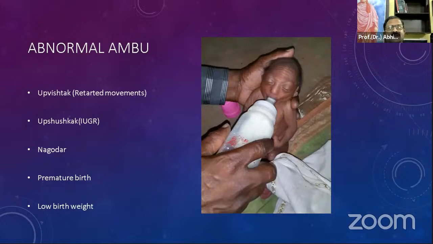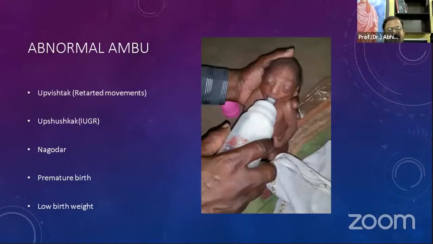So upavishtak means retarded movements. There should be proper movements of the fetus in the uterus after the latter stage of pregnancy. But due to improper nutrition and due to the lack of amniotic fluid, the embryo cannot move in the uterus. So this is called upavishtak, because literally a proper quantity is required for swimming. Okay, literally the embryo swims in the uterus with the help of amniotic fluid,